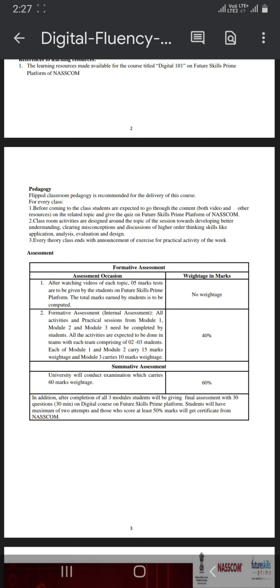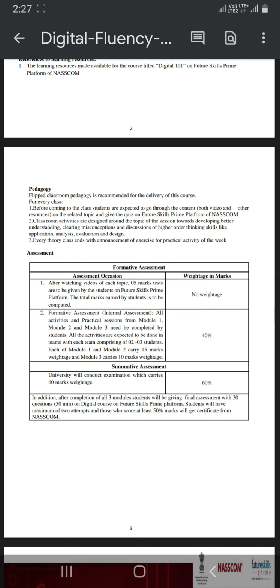So we need to make groups. Each group consists of 2 or 3 members, not more than 3. For a particular group, for Module 1 and Module 2 we need to allot 15 marks, and for Module 3 we need to specify 10 marks. This weightage carries around 40 marks.